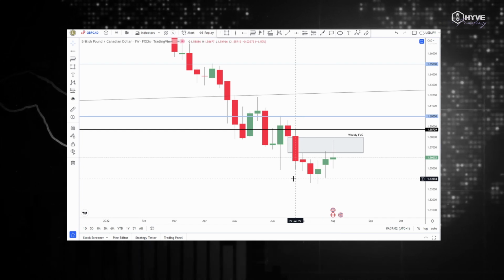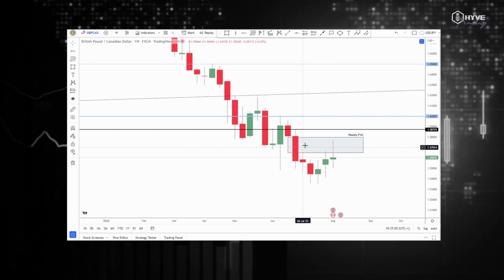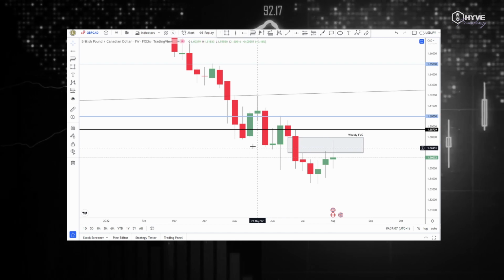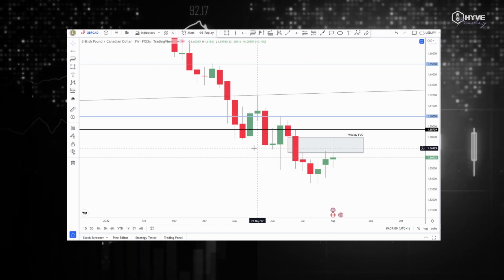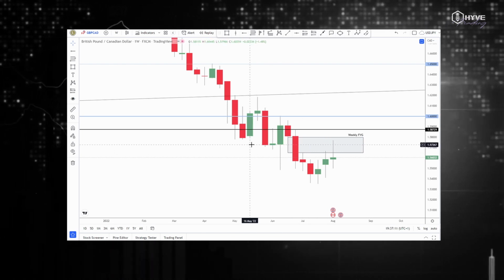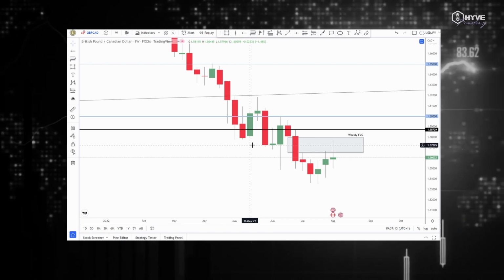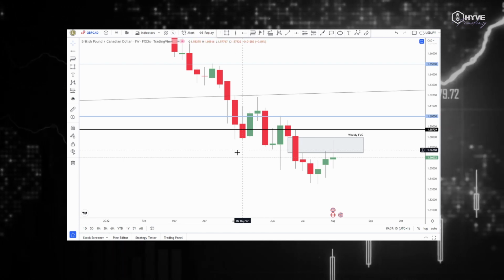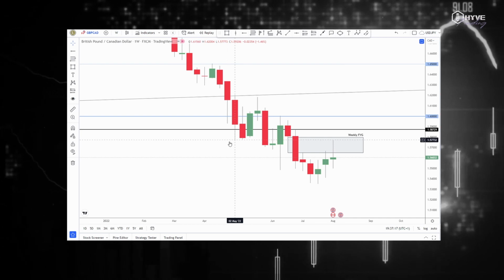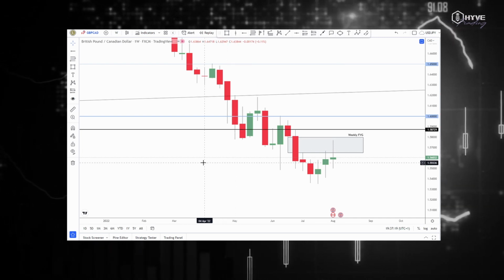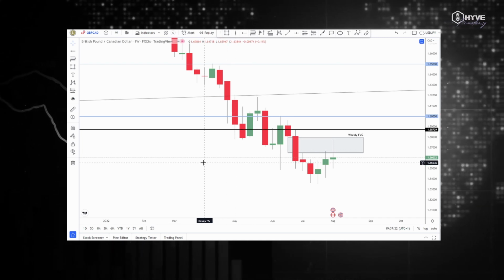So what I was looking for was a nice little reversal zone, as I mentioned. And you can see that this fair value gap kind of lines up with this resistance right here. But I didn't mark up my resistance just yet, because I like doing my resistance more on the lower time frame, but I